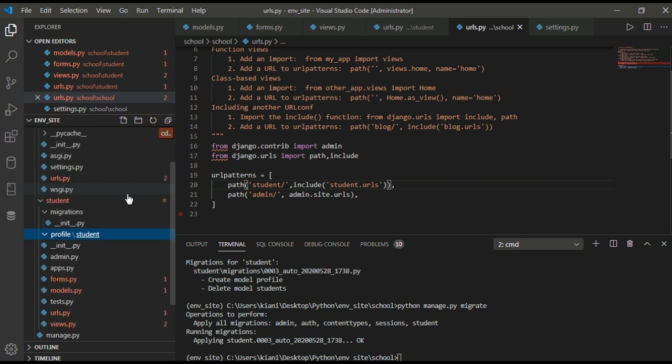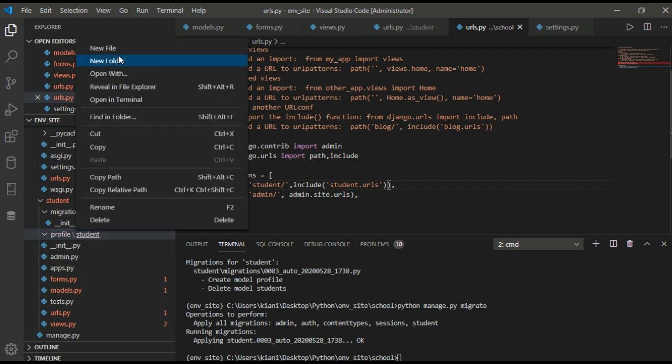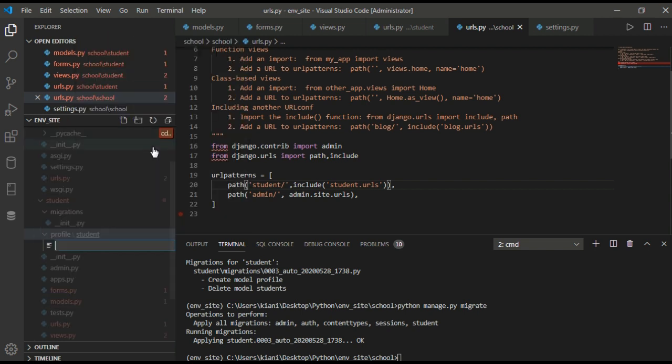Inside student we will create a new file. There may be many profiles, but this is the student profile.